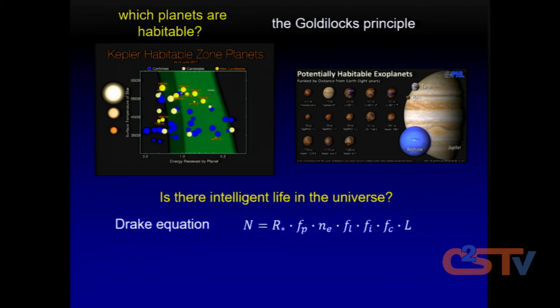life can exist is equal to the number of stars times the probability that a star has a planet times the number of planets that are habitable times the number of those planets which can actually sustain life times the number of those planets that can sustain life on which intelligent life can actually develop times the number of those planets in which life evolved and actually can communicate times the lifespan of these populations on these planets. So definitely, if you knew all these numbers, you could come up with a number of intelligent civilizations